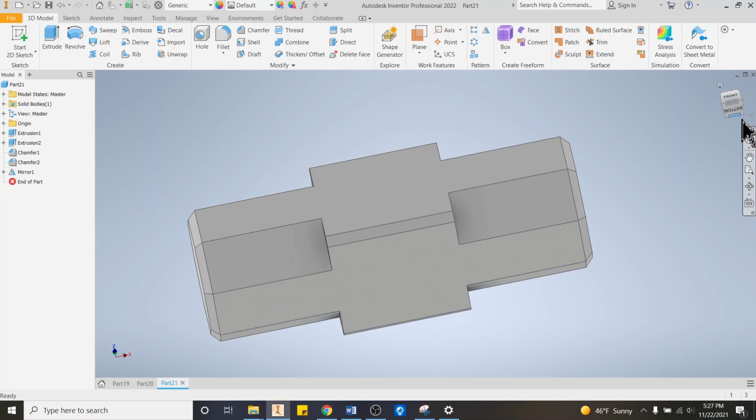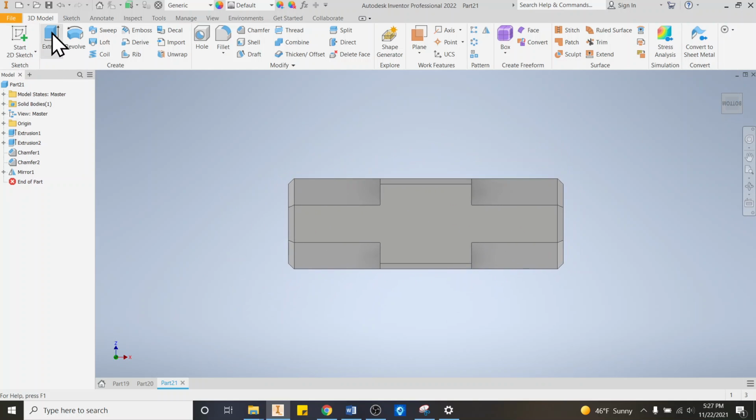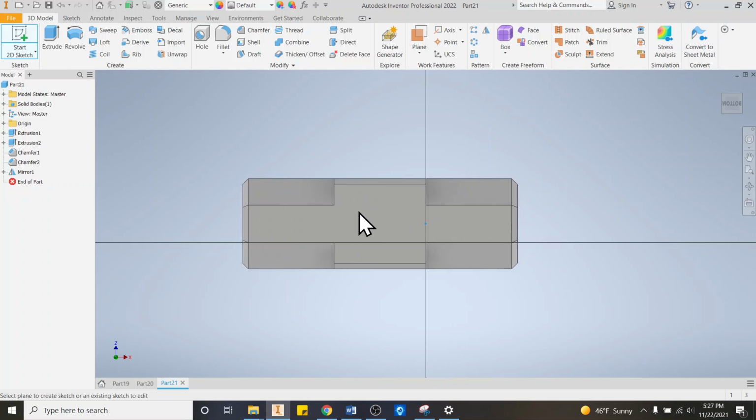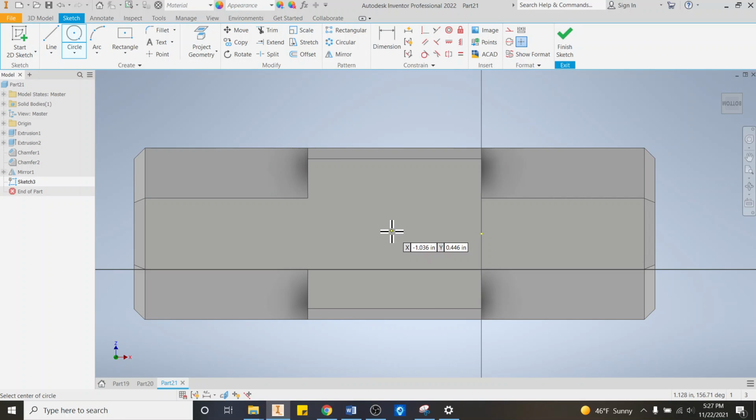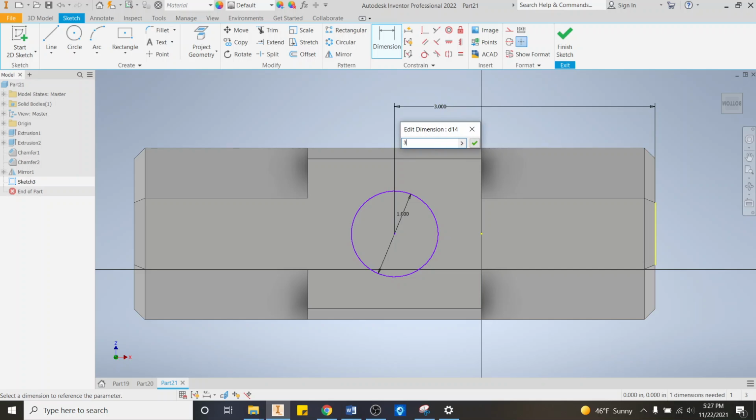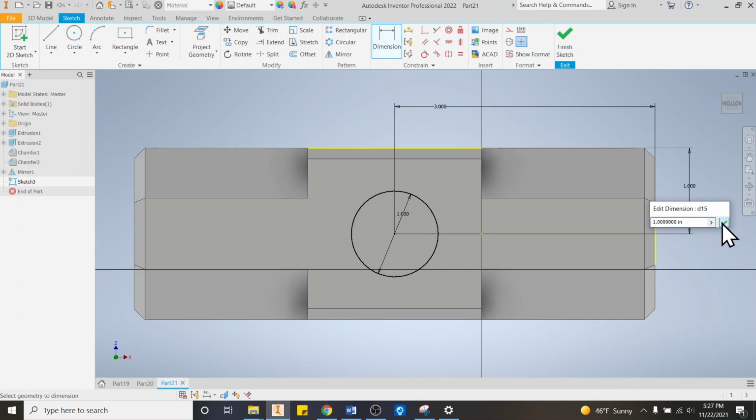So underneath, if I go down to the bottom, I can start a 2D sketch on the bottom, and draw a circle. And I'm not sure where the middle of this is, so I'm going to do my best to just kind of guess. And I'm going to make it an inch in diameter. I'm going to position this 3 inches from the edge. I'll say 3, enter, and then let's see, from here to here should be 1 inch. Looks like it's already got that, so I'll say check. Looks good. So I'll say finish sketch,